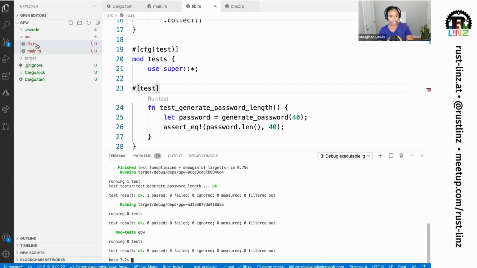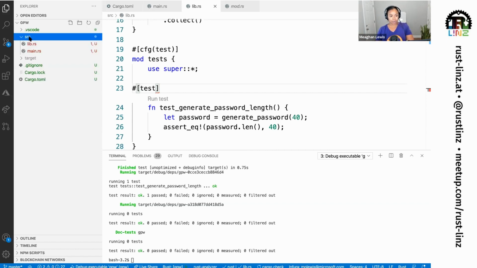So let's go ahead and create a new test directory. In Rust, integration tests are external to your library. They use your library in the same way, but you should think of an integration test as, first, you want to test that parts of your program can work properly together when integrated. And you also want to test assuming that you are your user, however your user would interact with your program. That's more of a higher level, where you're not thinking about testing each particular function, but more of the program as a whole.